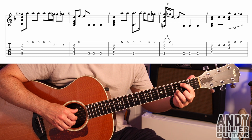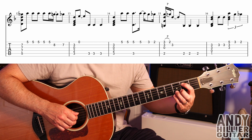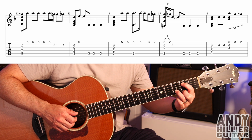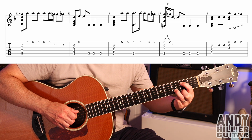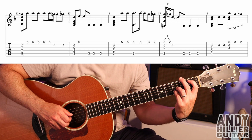Into bar 15, and we've got, which is your first finger A2, open G, B3, and E3. You then want to pull off to the E2, and then play a B3. So, and then play A2 3 times. And bar 16 there,